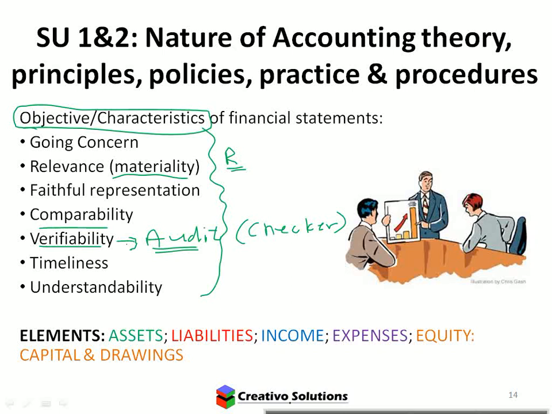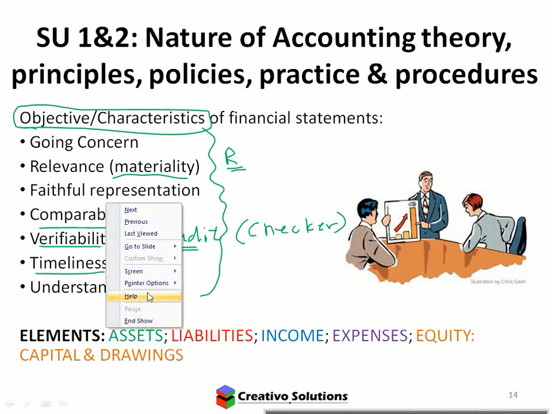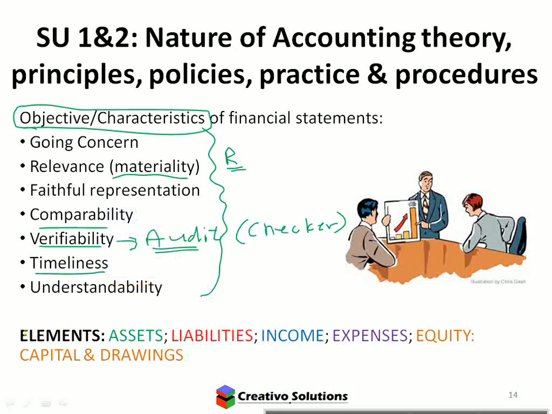So verifiability is looking at, do you have all the invoices to prove the transactions? Timeliness, that's looking at information and when it is going to be presented. So when should you capture transactions? The day that they occur. When transactions occur, you have to record them. Understandability is looking at this bit, which is the elements. And this is the most important thing from this first set of notes, which is the rules. We need the rules.